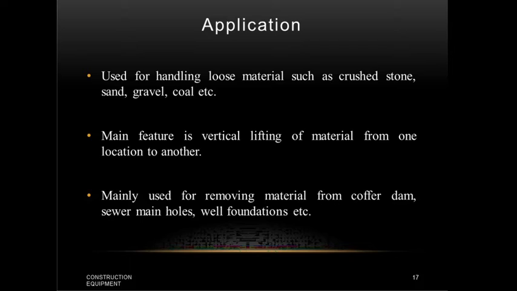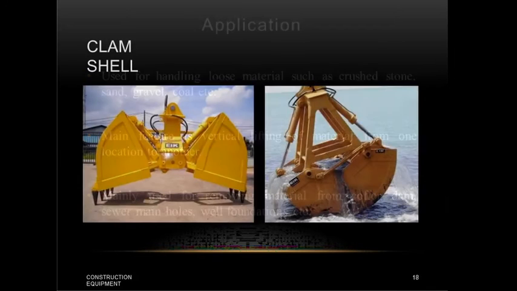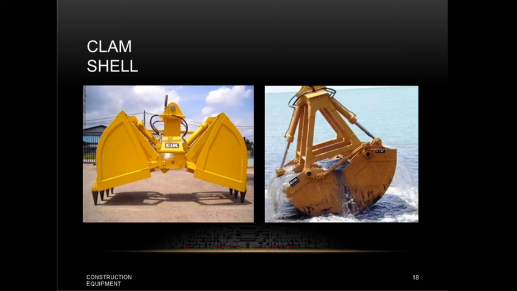So a clamshell can be operated as follows. The clamshell bucket is brought over the location where the material is to be dug. The bucket is lowered with the shell open till a good contact is made with the ground. If you see, this is what a clamshell looks like. A clamshell has two shells supported with a hinge and sheave, and different brackets which are connected to the shell and hoist line.